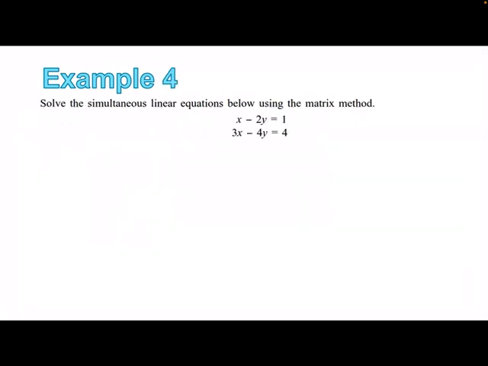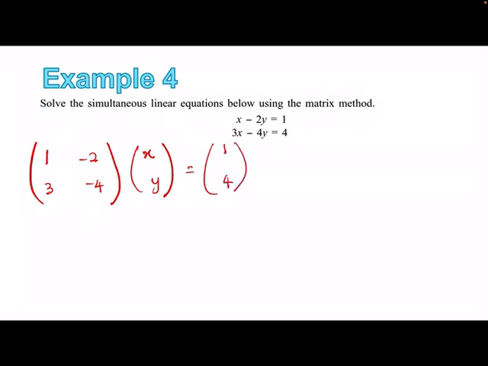Example 4, solve the simultaneous linear equations below using the matrix method. First we must transform into matrix form. So the coefficients 1, -2, 3, -4, and the variables are x and y equals 1, 4. You want to find the values of x and y. So x, y here equals to,